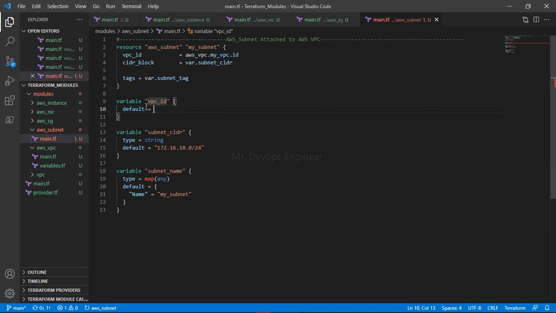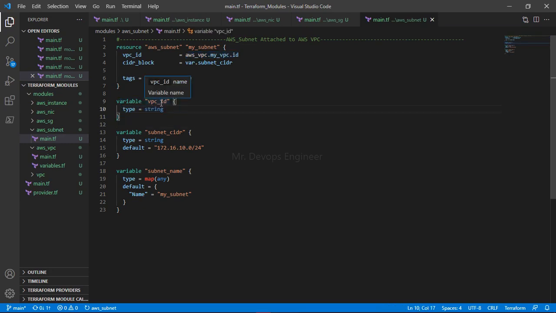As such, in this field VPC ID is not yet present. So you do not define anything, right? You just mention the type of this, string. I have not passed any value like this CIDR block and this subnet name. I gave a meaningful name because in the tag section I'm passing the name of the subnet. The main focus should be here, right? We are variabilizing everything, CIDR block, but this is dependent on the VPC ID. So I have done nothing, I have just declared this variable.